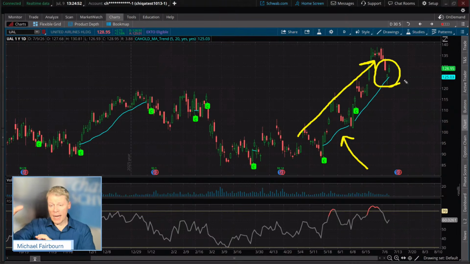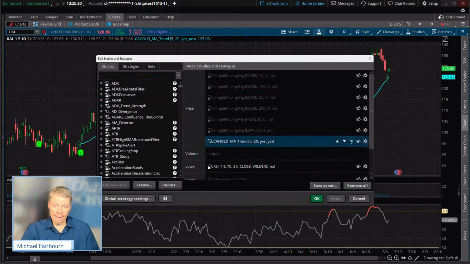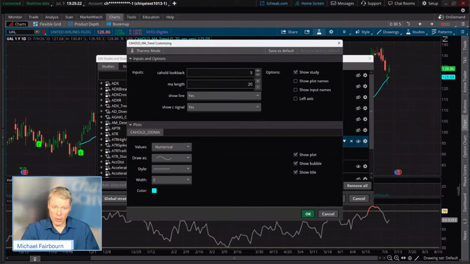So we use the scan and then we can adjust it to see, based on after the hold, which is exactly when this line begins, is price holding above it? Are we able to capture a big portion of that move, which is what we're really shooting for? Watch this. If I change that from a 20 to a 10, let's just see how well it does capturing some of these setups here. So here's a 10 right there.